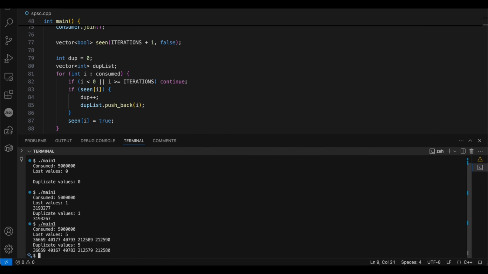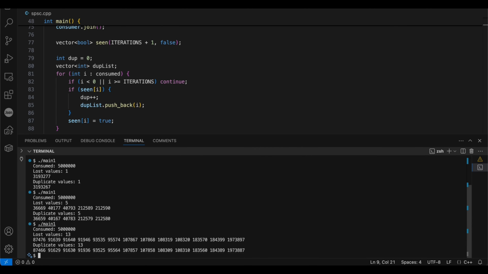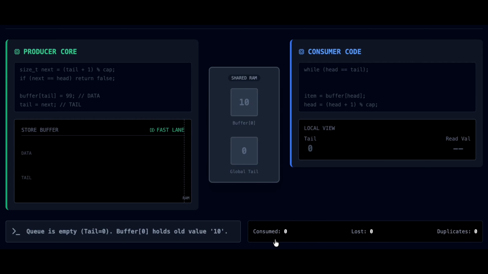We keep on running for a few more iterations. So you can see the number of lost values and duplicate values keeps on changing. Why is that happening? Come on, let's discuss. We saw that we were getting garbage data and were losing updates. So let's start by looking at the execution of the producer, consumer, enqueuing, dequeuing, and how the CPU